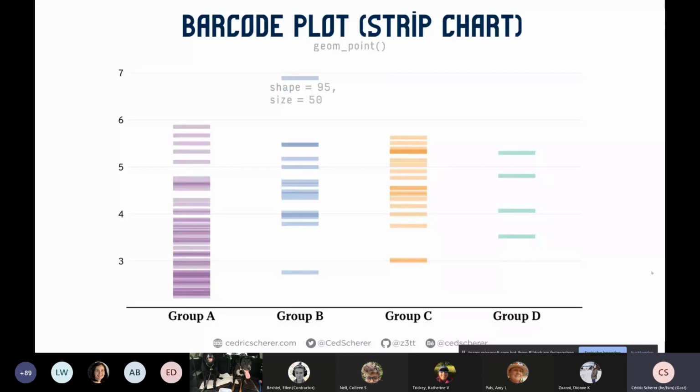So the trick is to use the shape 95, which is a horizontal line, and then to make it very, very big. The downside of this is that you cannot control the width and the height of the lines individually, but I actually don't worry so much about that. Then you can still go for lines, but with lines you need way more input, and this is an easy trick. Just turn the points into horizontal lines.